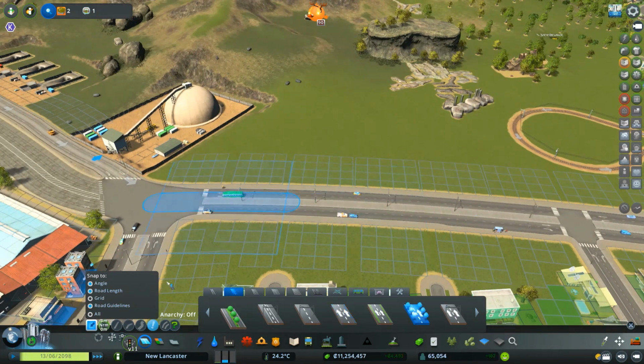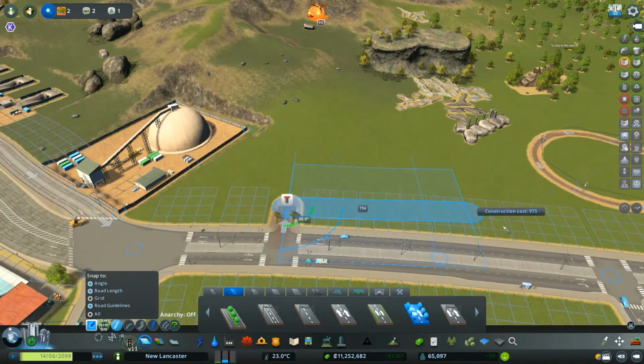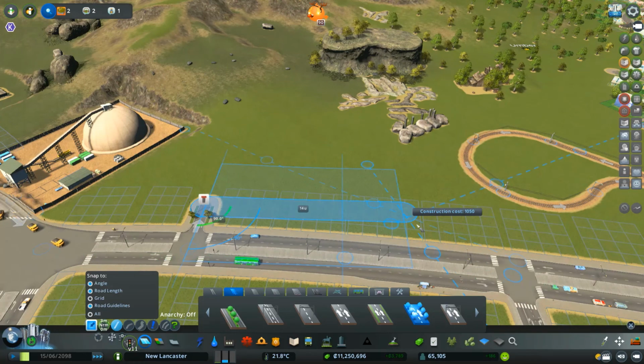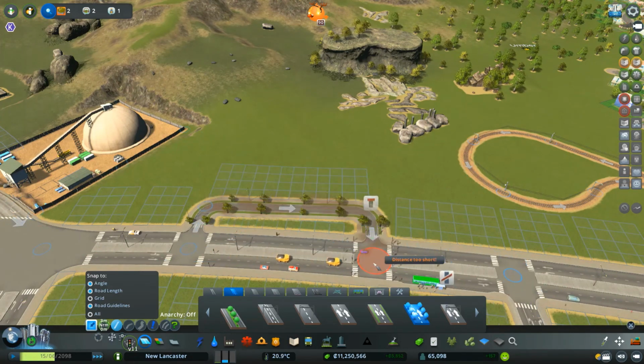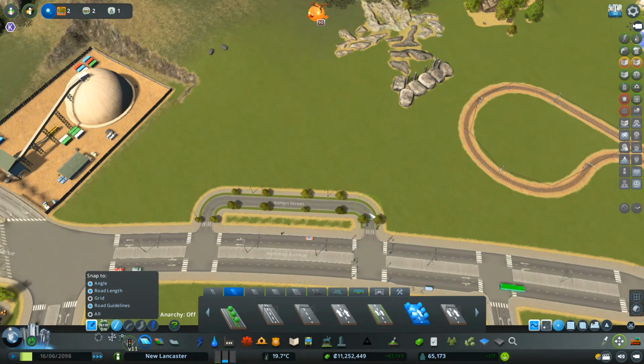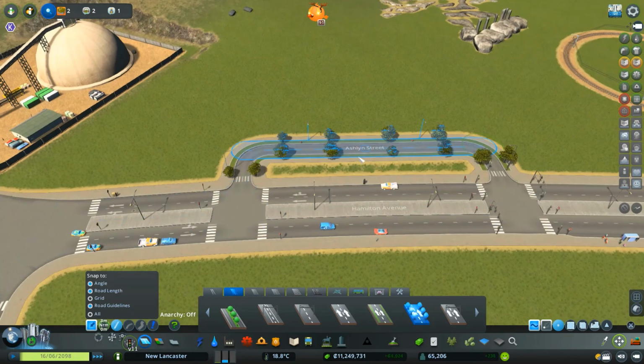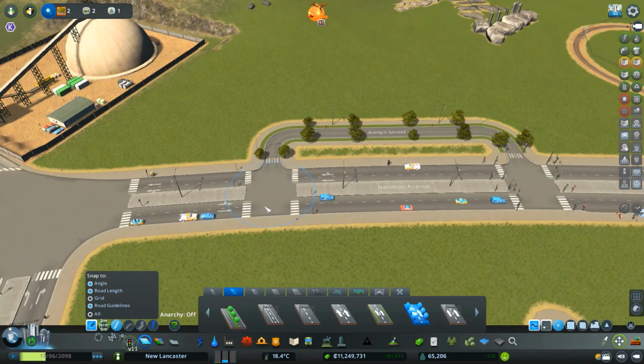So we might as well make it with trees, and from right about here we're just going to come in slightly to about here and down. And since this was a curved road, it didn't go in properly. That's fine. So there's only one way in, it's right here, and there's only one way out, it's right there.